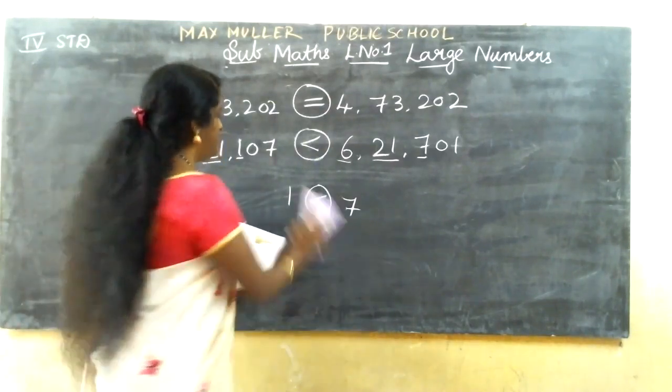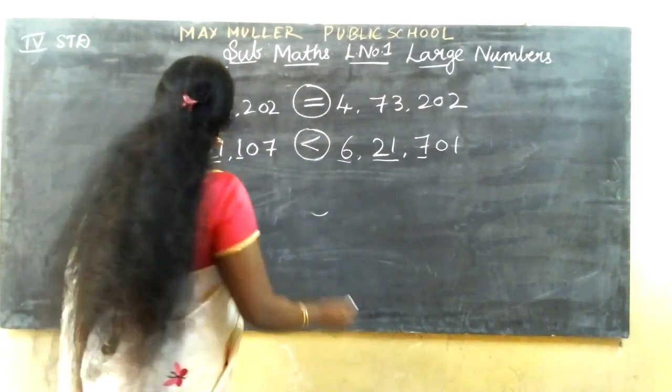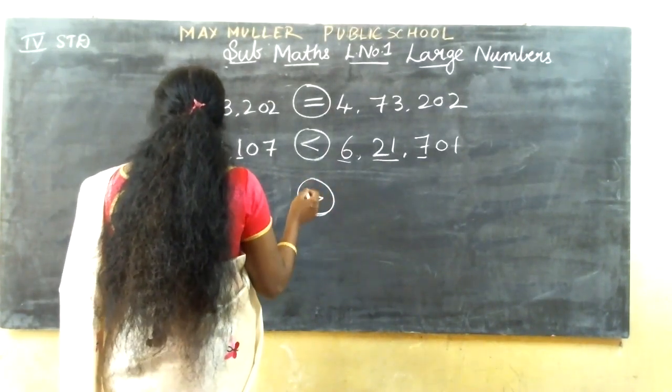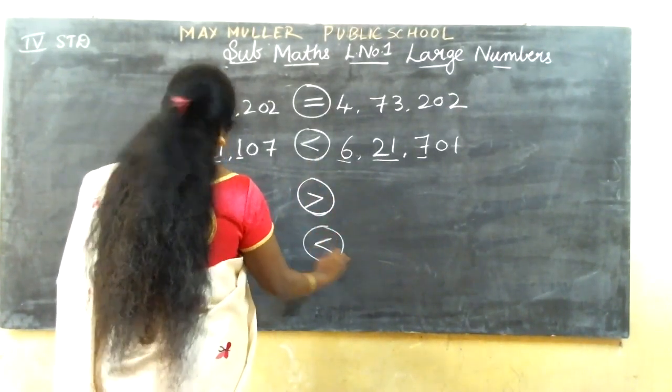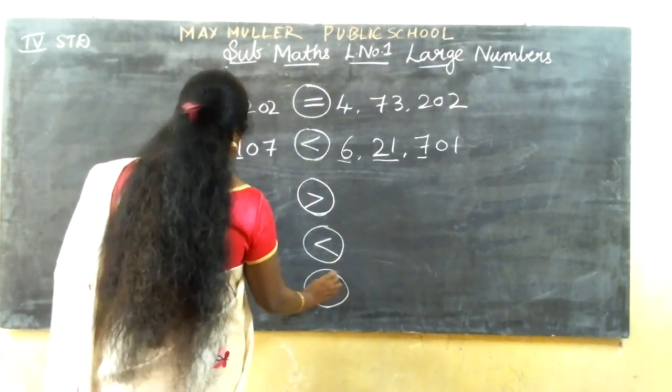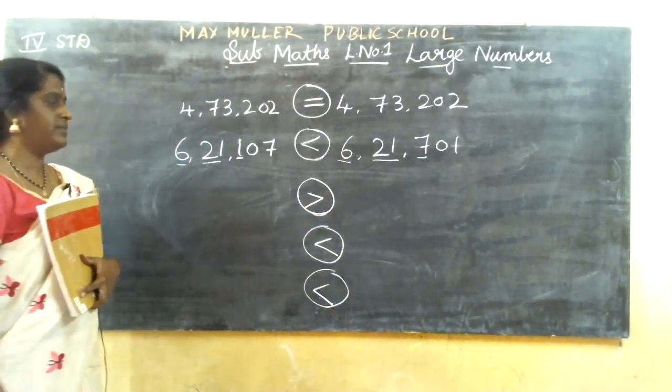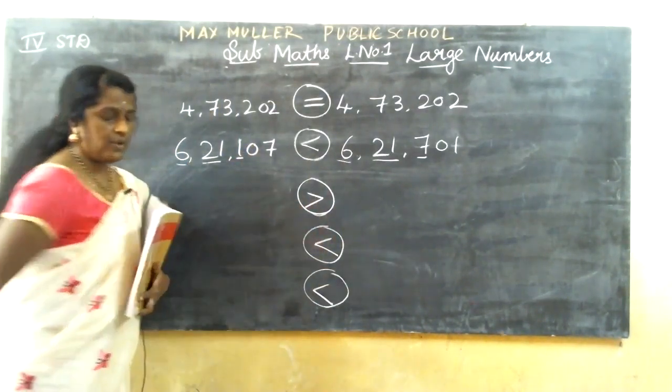So, the third one: 9,43,000 and 85,62,000. This side is greater, and this is also greater, 91,000. The first number is the same, so I went for the second and third number. So this is greater, okay.